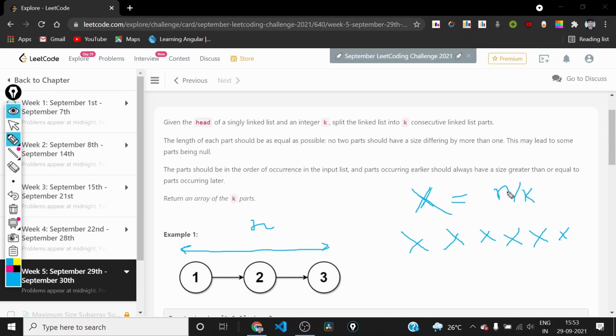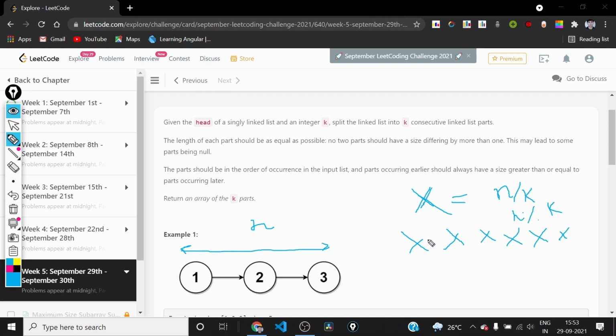So if n was divisible by k, then these will make the sum n. But if n was not divisible by k, then doing x into k won't make n. So some nodes will be left unused. So n mod k will be the number of nodes that will be left.